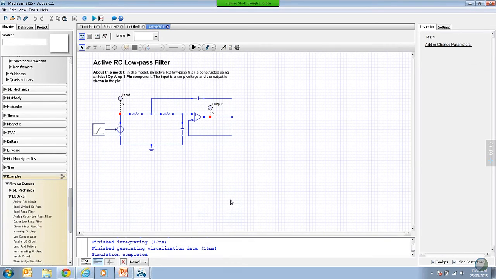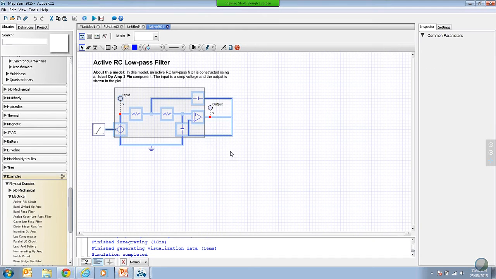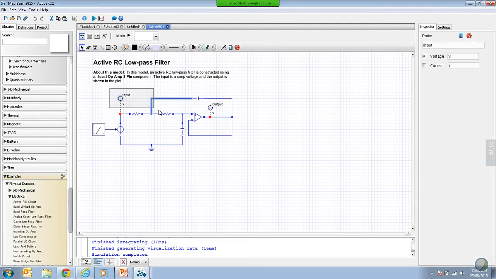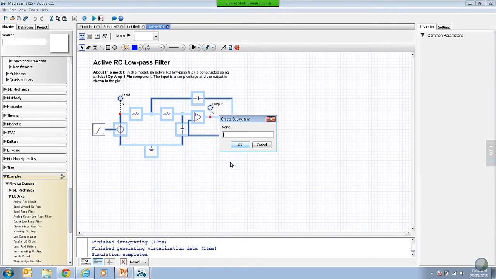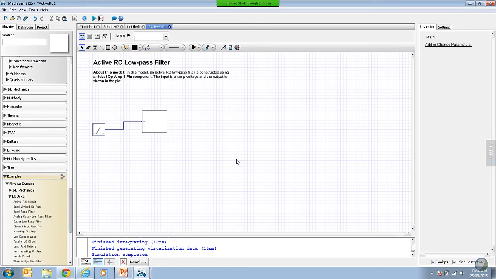So first I'm going to prepare the model. So I'm going to group all the components apart from the input and create a subsystem. So remember, just right click and create the subsystem. So this is my RC circuit here. So if I go into there,